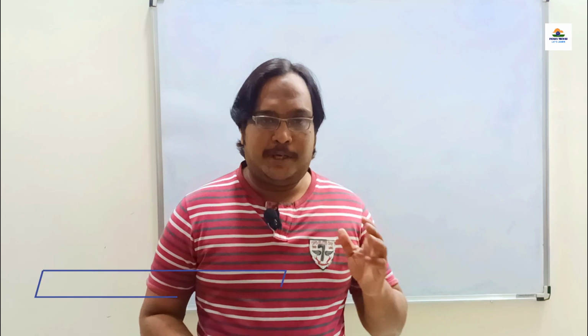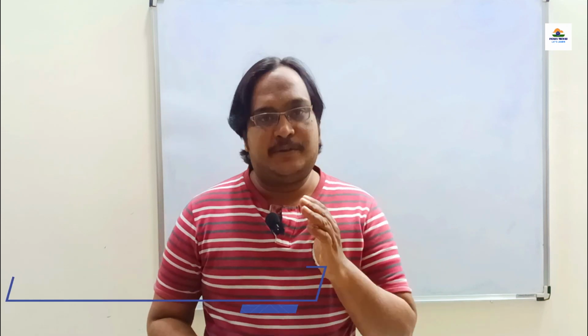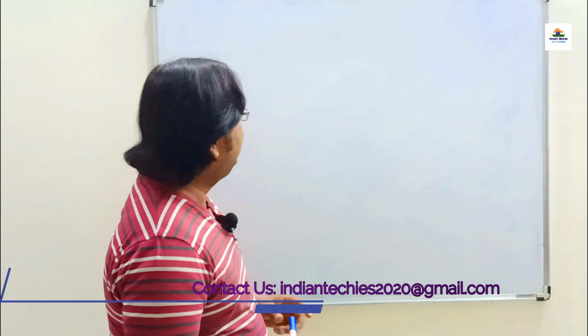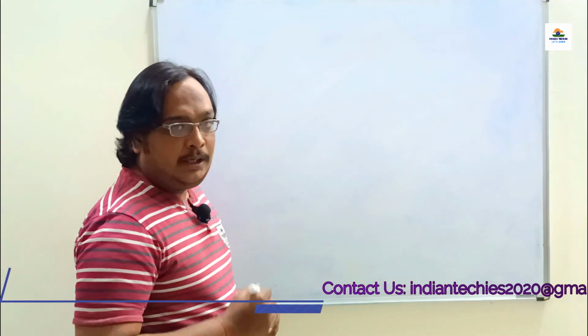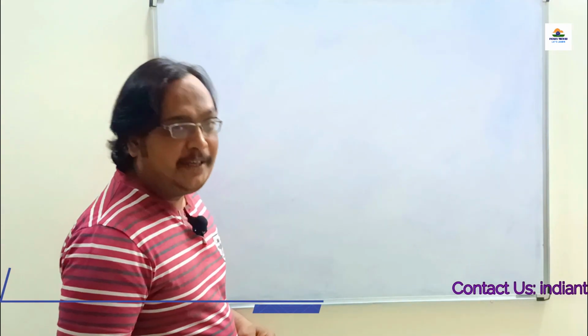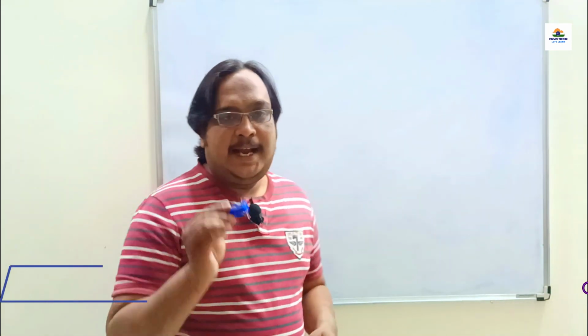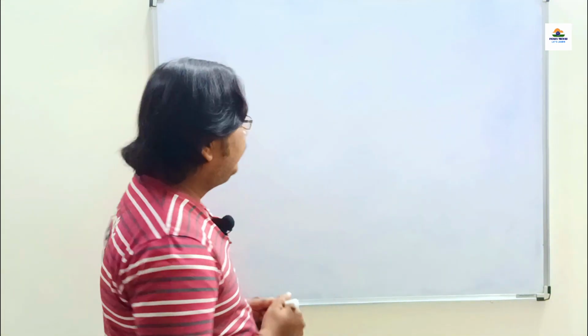Now we are going to see part 3 of the basic program. In the previous classes, that is part 1 and part 2, we have seen programming at a basic level, how to write a normal program, right? Now we will see a little bit more advanced basic programming using the hash define section.